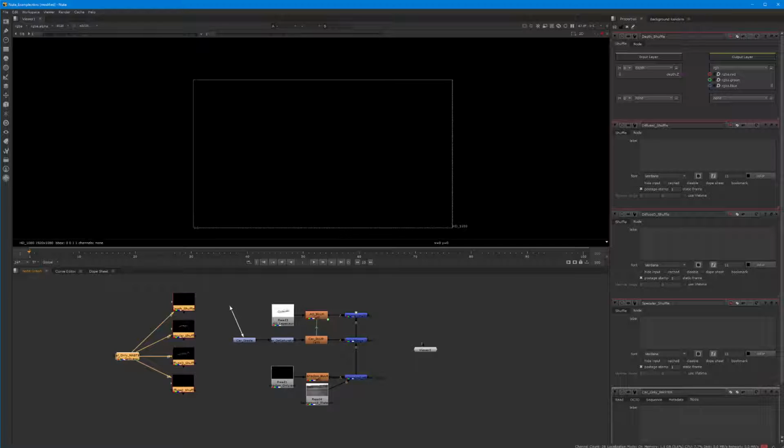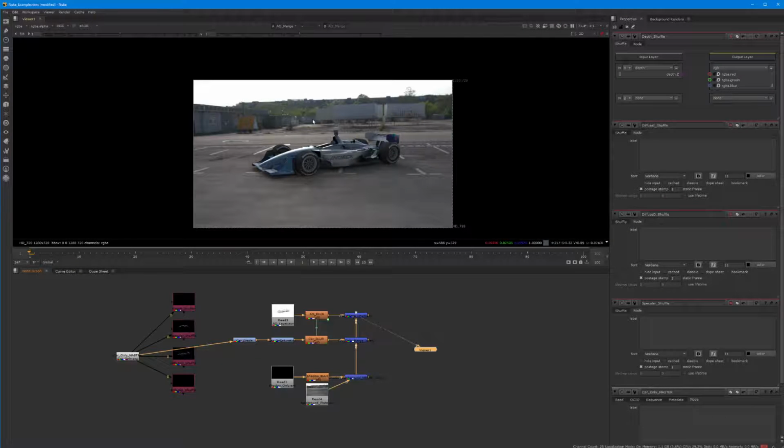If I plug this car grade right back into the master, by default, it's just going to grab the RGB data, which is what we had all along. And then if I take the final merge node from the original comp and plug it back into the viewer, it's going to look exactly the same as it did. Now I can also just unplug that. I can plug individually